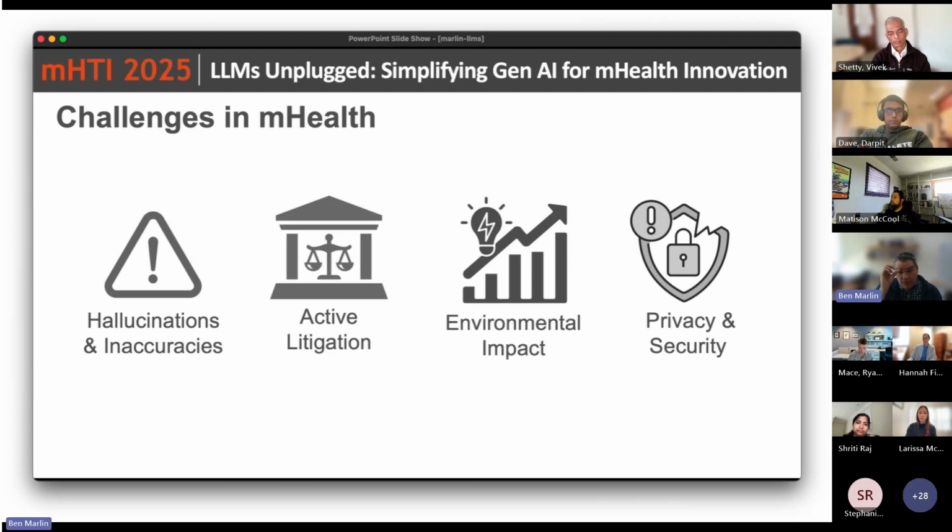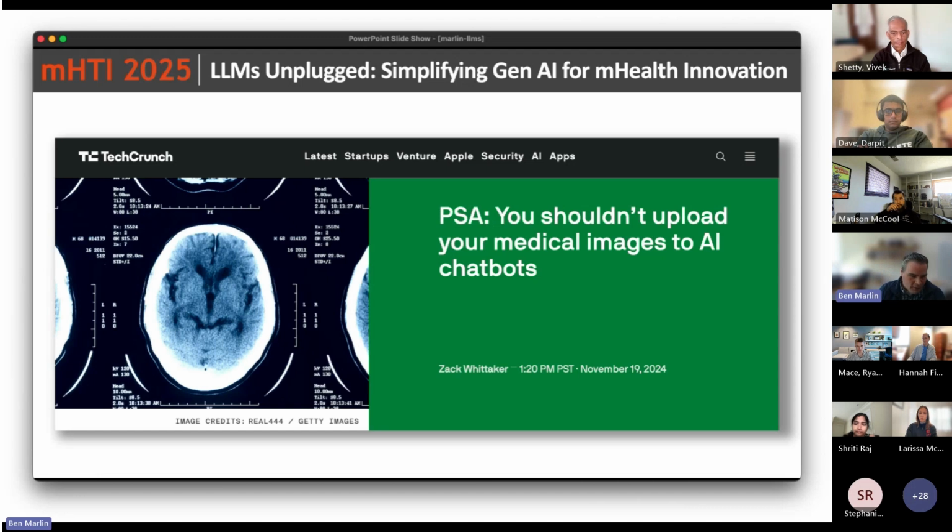The last thing I'll note here is privacy and security. So earlier this year, earlier last year, Elon Musk was asking people to upload their medical imagery into X for their Grok AI to have a look at. There are no protections on that, as people probably know. The industry here is unregulated with respect to health data. Of course, HIPAA still applies for anyone doing medical research or health systems. The basic models that we've been talking about, so ChatGPT and so on, they are not HIPAA compliant by default if you have API access. They are not storing user data that comes in a way that is compliant.